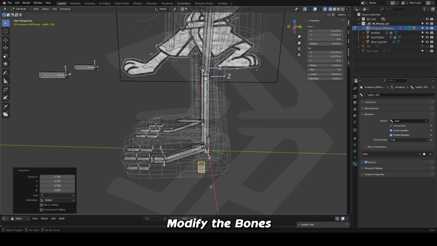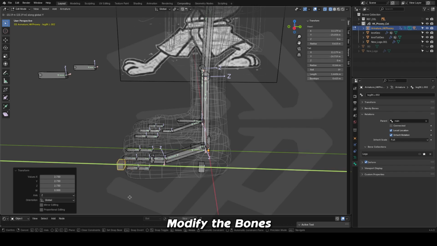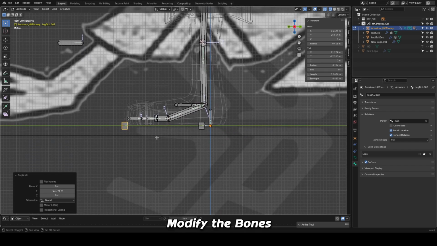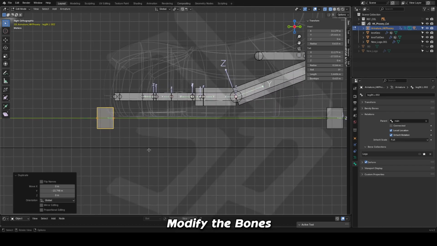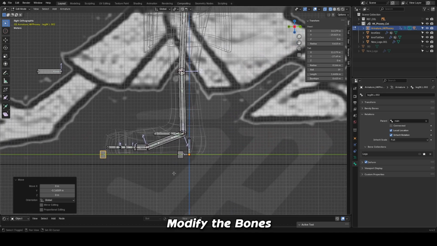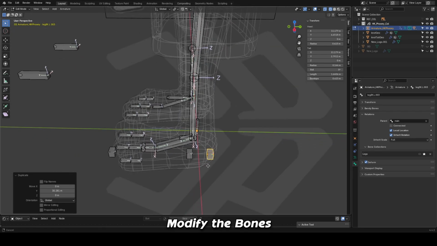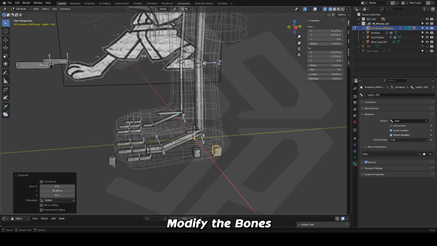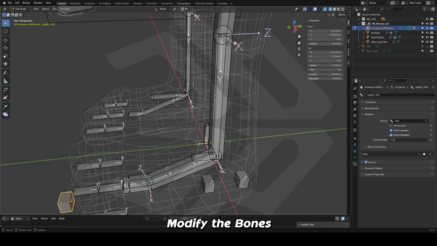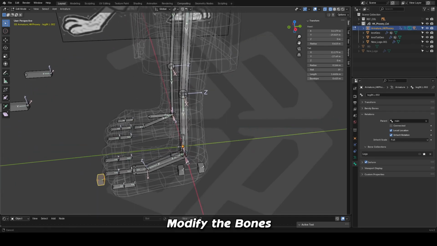And I'm going to Shift D that one a couple more times, bring it forward. And in this case, I'm going to my side view. And I'm going to align this basically with the bottom of the furthest toe out. And I'm going to duplicate it again. I'm going to pull this one back and align it with the heel, basically. And so for each one of these new joints that was created, you want to rename them. So